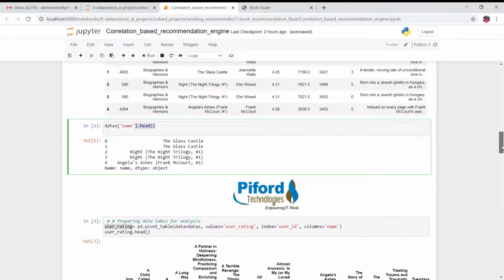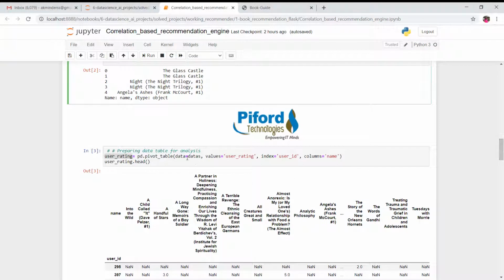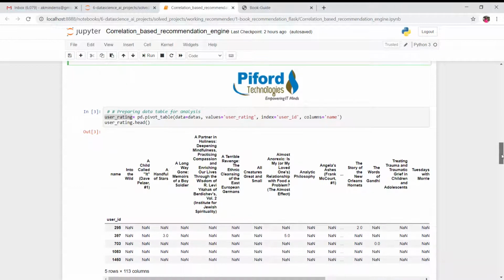And then over here, see, this step is very important. What I'm doing over here is I have a variable with the name user rating, and in this variable I'm creating a pivot table. See, pivot table. So why am I creating this pivot table? Because using this pivot table our work would be easy actually. So let me show you how to create this pivot table and what is the need of this pivot table, right? So this is pivot table, and then we are passing data to it.